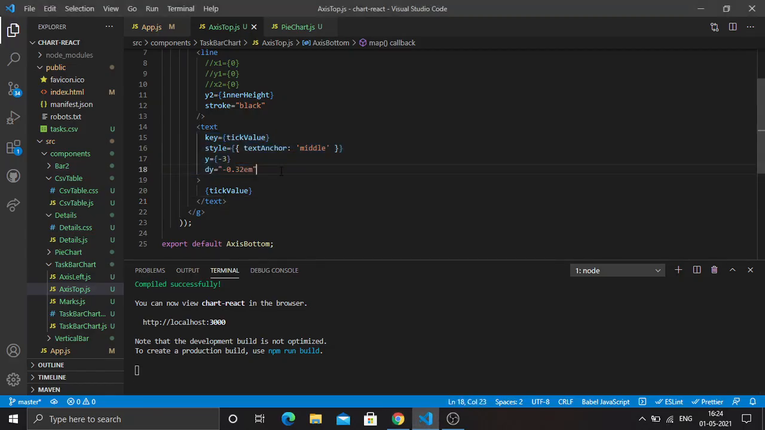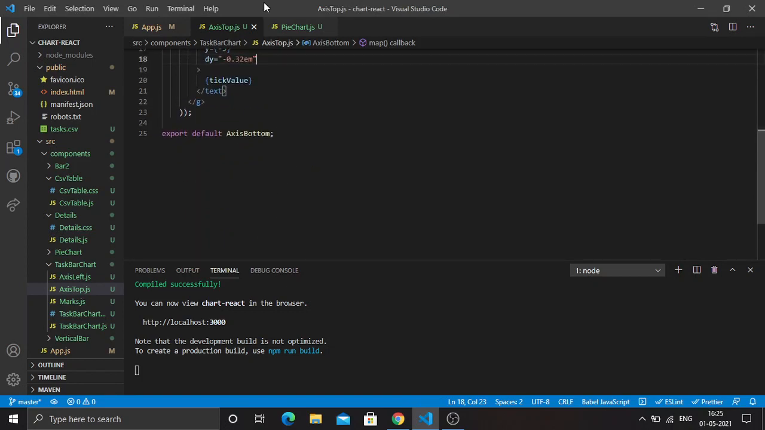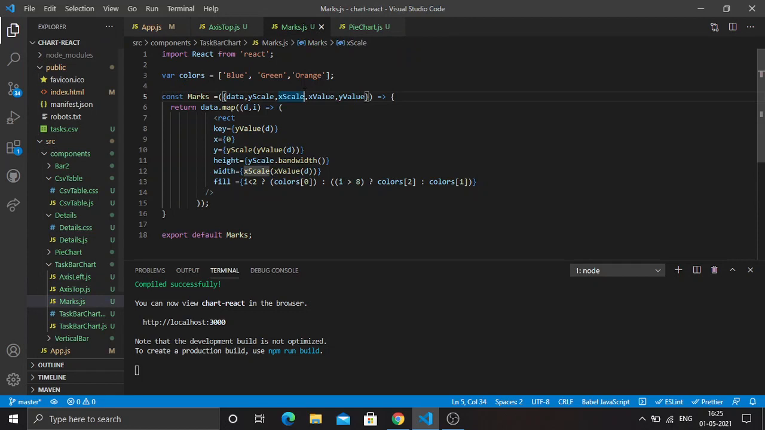These are some formattings that are applied to the tick value. Then there is this marks file, which takes x scale, y scale, x value, y value, and data as the parameters. And then I've written this data.map. Basically I have defined colors here: blue, green, and orange, and with the help of a tag,